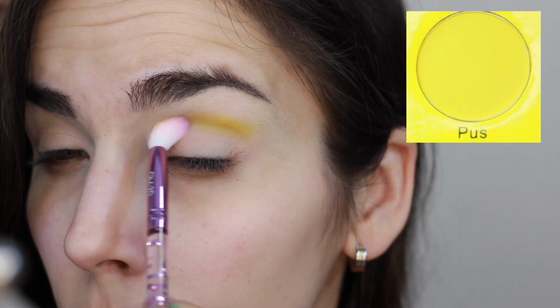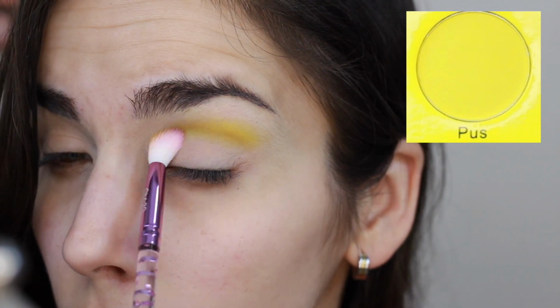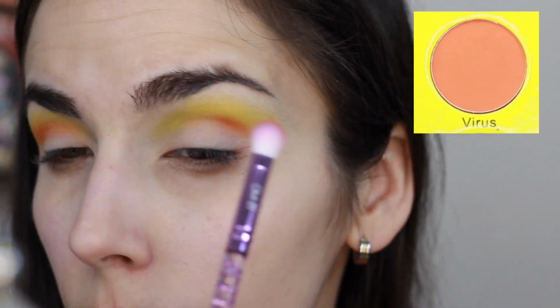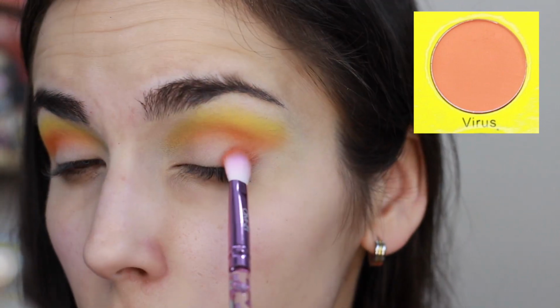So I'll be showing you guys a tutorial as I talk, but all the shades are really, really nice. They're nothing like intensely pigmented. I didn't see anything like, oh my goodness, this is so pigmented. But overall, I felt like all the colors were very easy to apply, easy to build up. They blended together nicely. Now granted, I didn't use any of these darker tones. I believe Annette used the dark blue. I think she did. I know she used a darker color and she said it was a little tricky to